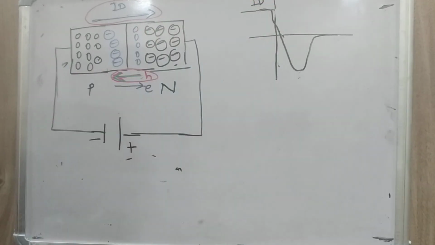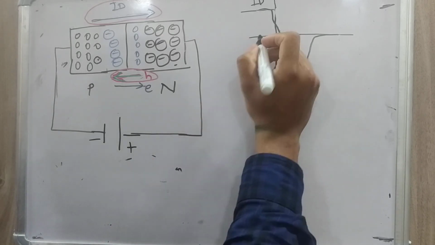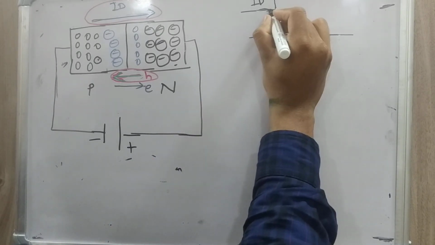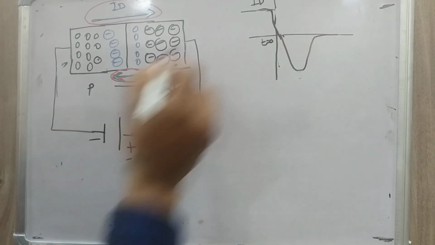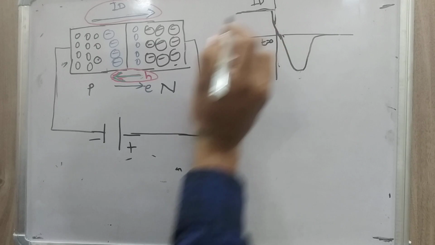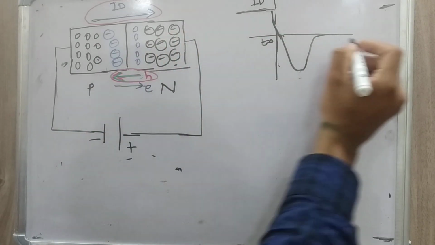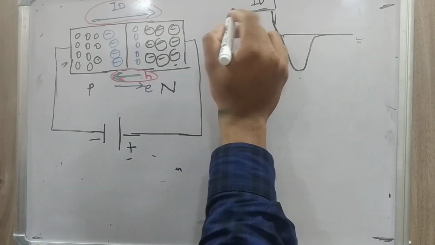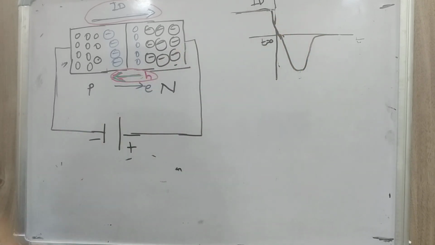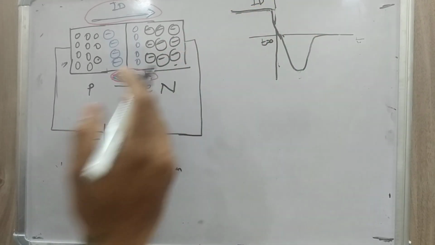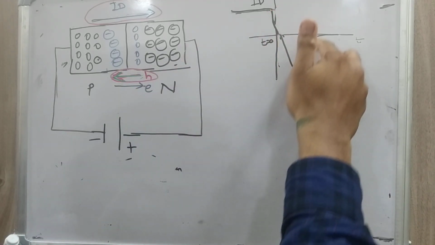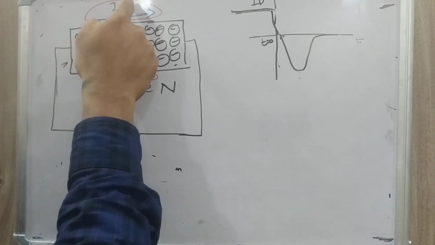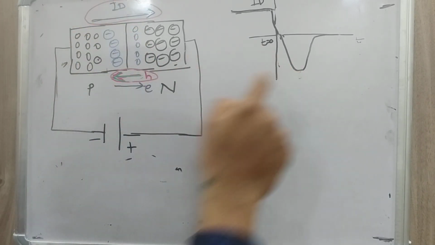So this is the current waveform of the diode when it is reverse biased. Let's say at t equal to 0 we apply a sudden reverse voltage, and earlier, before t equal to 0, it was conducting in the forward region. This is the time axis and this is ID. For time t less than 0, the current was positive, which means the diode was forward biased, and suddenly it is reverse biased, and that's why a reverse current flows. As I explained, it is opposite to the forward current, so it has a negative polarity.